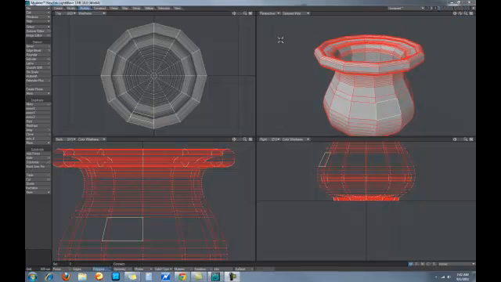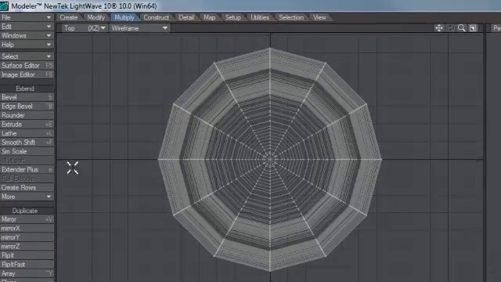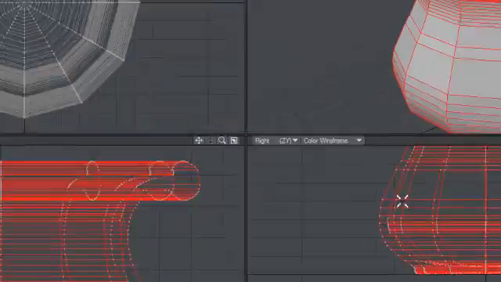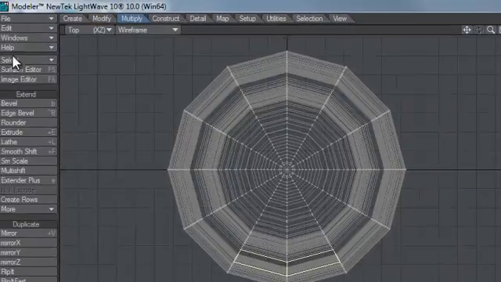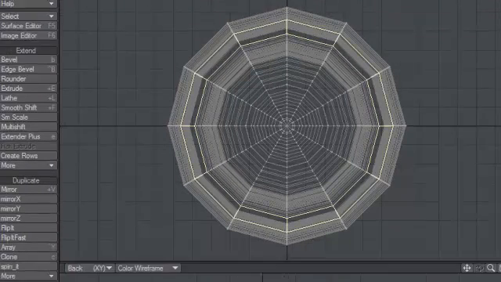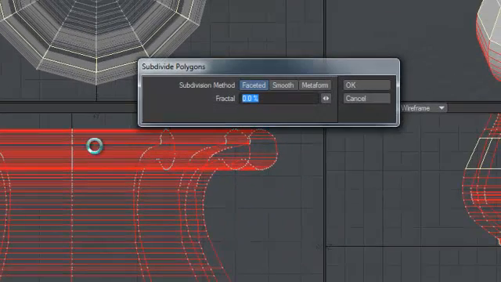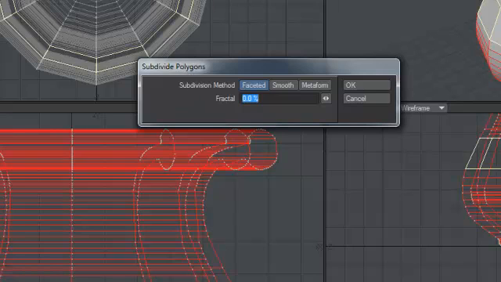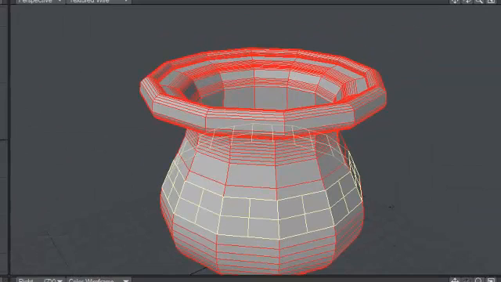Okay, there's another tool that you can use other than the knife tool to add geometry, and you'll find it under the multiply tab and subdivide. Let's select a couple of these and select loop and see what subdivide does. It subdivides polygons. Remember, each square is a polygon, a 4-point poly that can be subdivided. So if you click OK, what it does,